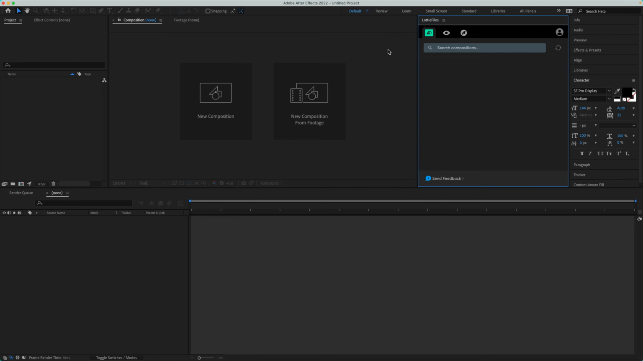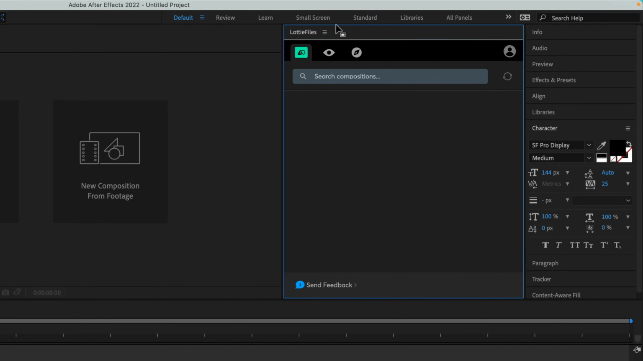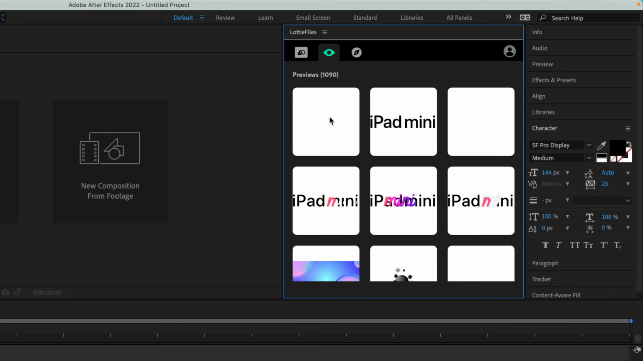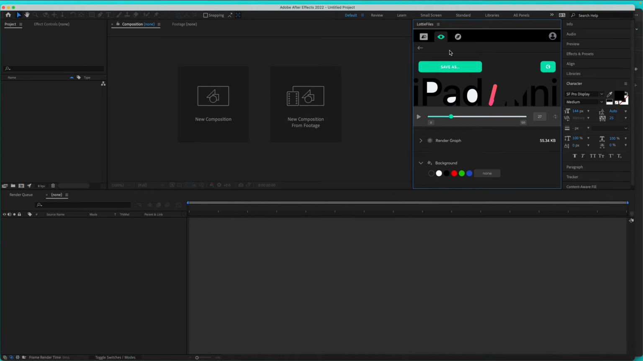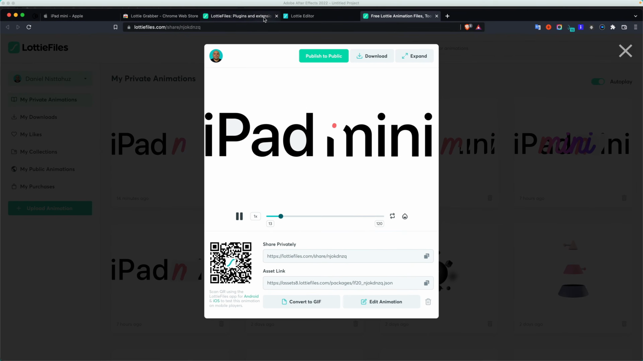And as you can see, I have After Effects open already. And what we'll use, and it's very handy, is the LottieFiles plugin. So I will go to my animations, and actually this will help us to understand how the animation is working. Okay, this is good. And in case you didn't install the LottieFiles plugin, the only thing you need to do is to go to